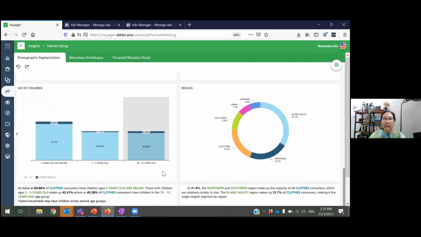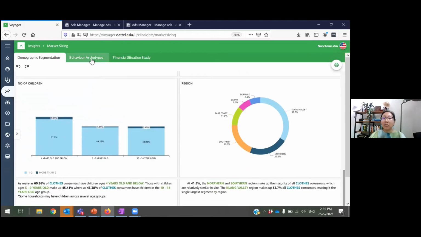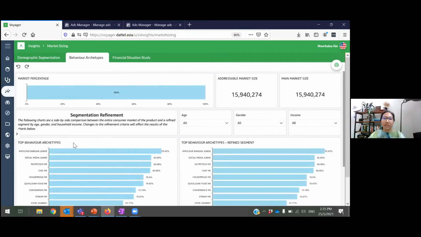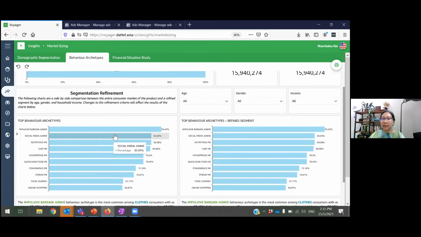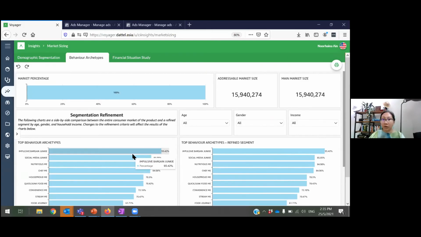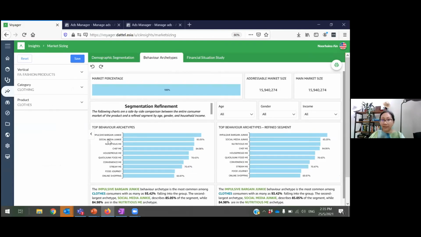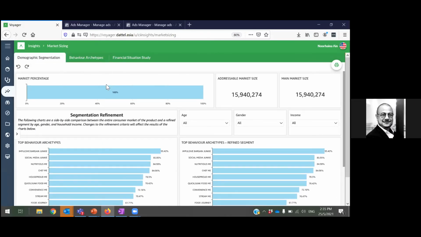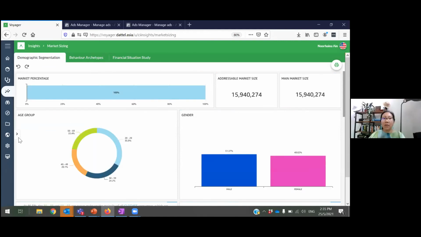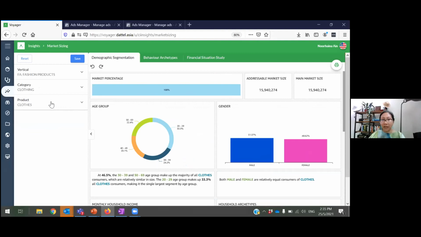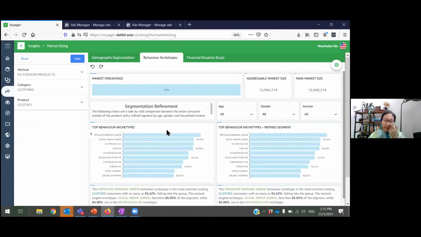So you can see here the list of demographics. Then as you go to the behavior archetypes, you're able to refine your segment a little bit more. In this segmentation refinement, you see the same charts, but side by side. On the left, you will see the charts that describe the entire consumer market of that product. This remains unchanged unless you change the criteria here. The market percentage in the demographic segmentation represents the market for clothing. But if I go to behavior archetypes and start refining, so let's say, for example,